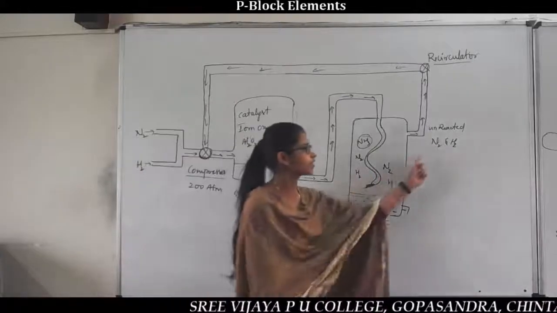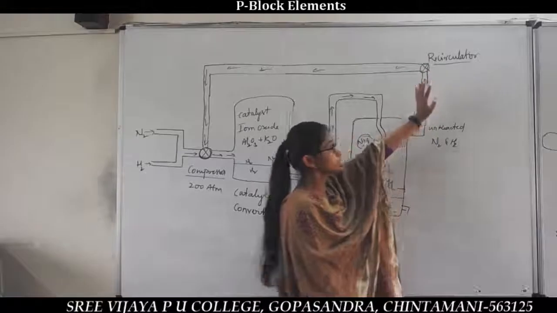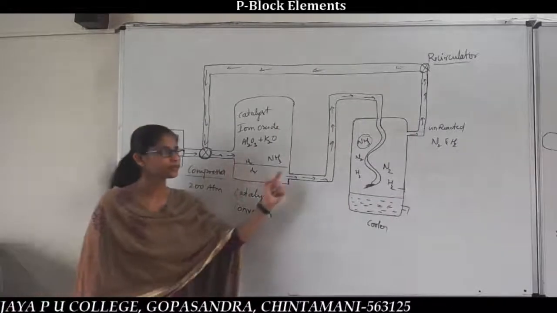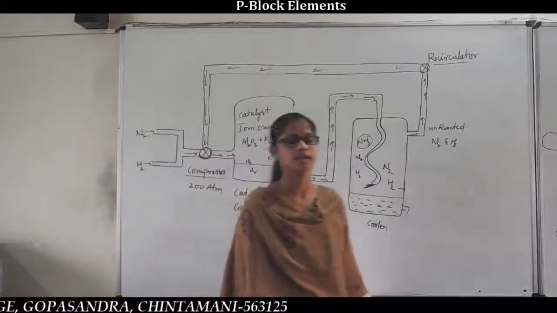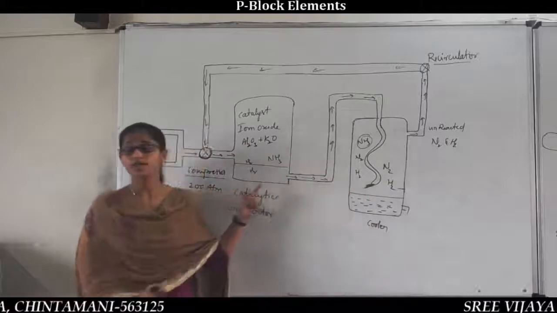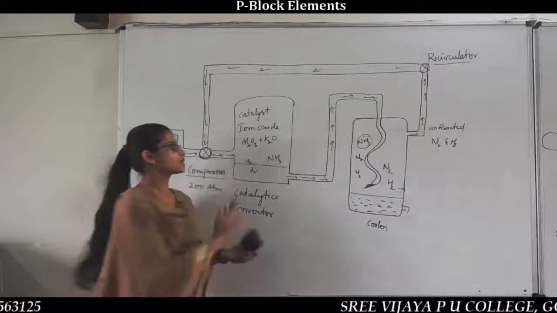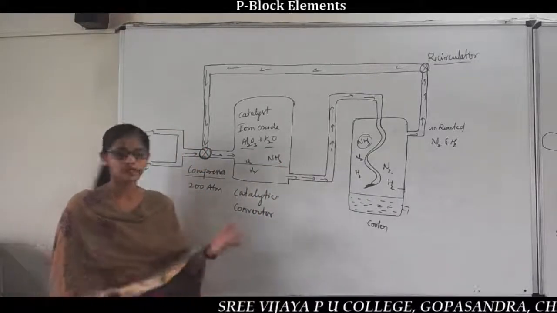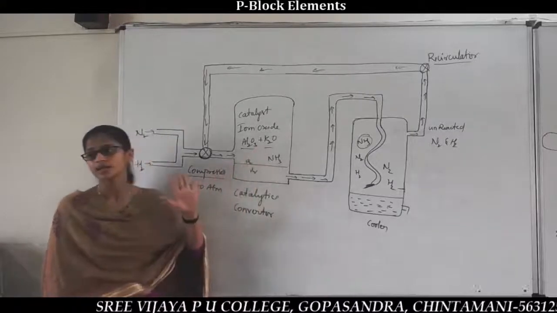Again the unreacted nitrogen and hydrogen are recirculated and come back to the compressor. Again in the catalytic chamber the reaction takes place, until complete ammonia formation. Until the reaction is complete, we have to maintain the reaction conditions: temperature, pressure, and also the catalytic function. So here, aluminum trioxide and K2O are used as catalyst only. They do not get involved in the reaction, just used in a catalytic amount, acting as a catalyst only.